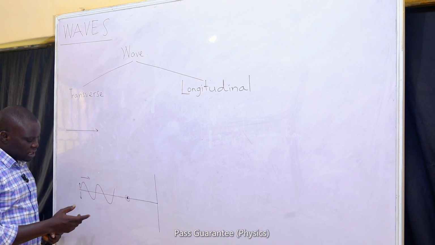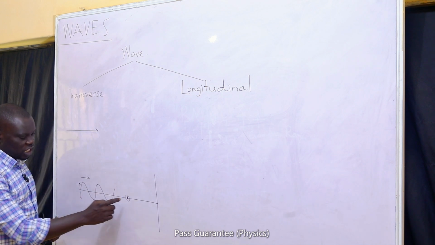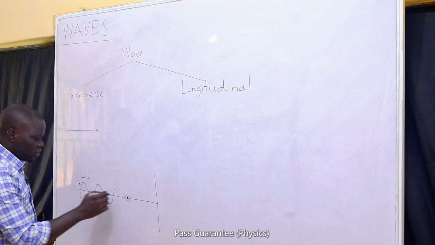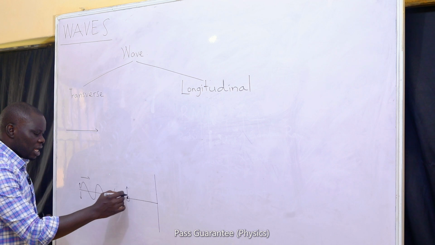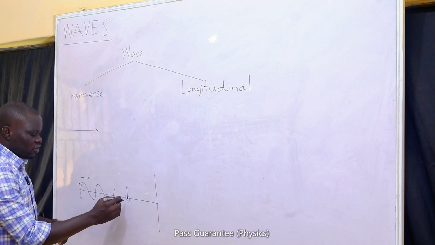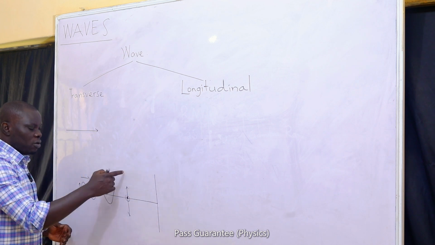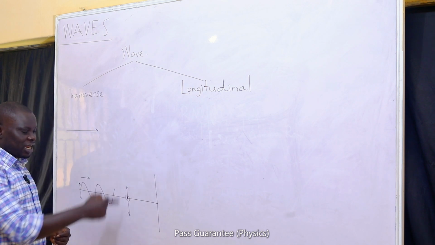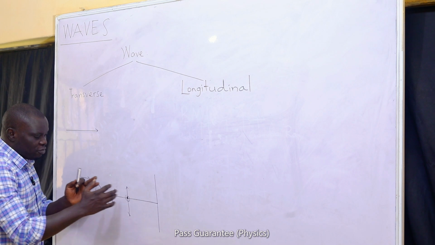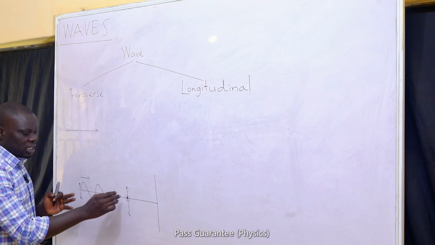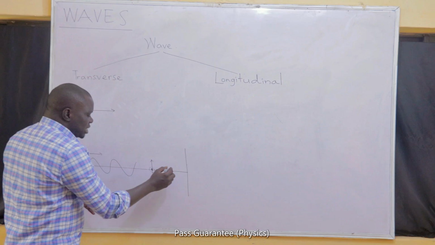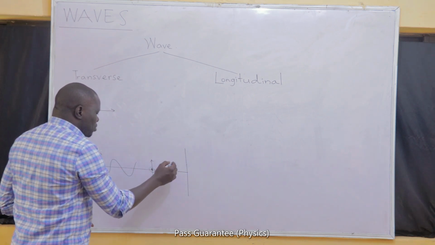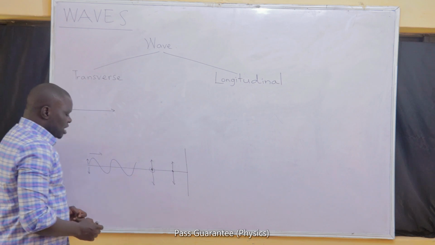And in this case, you will observe that as the wave passes through it, check how the sheet of paper that you have dropped will move. You will discover that as the wave passes through it, the paper will not move in the direction of the wave. Instead, the paper will vibrate vertically upward and downward. As each wave pulse passes through it, the paper that you have dropped here or at any other point will not move in the direction of the wave. Instead, it will vibrate upward and downward at every point.